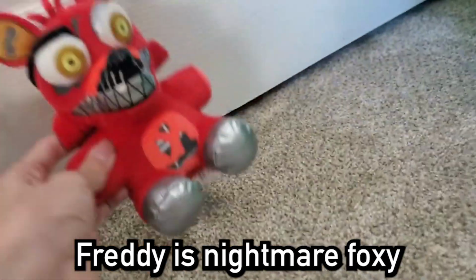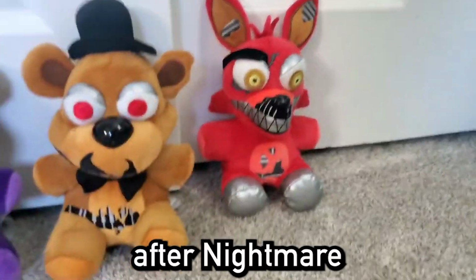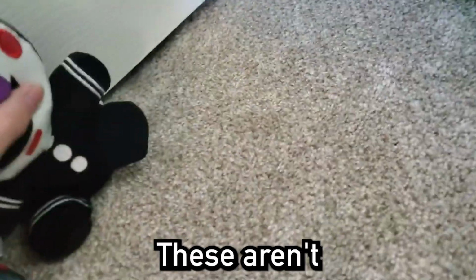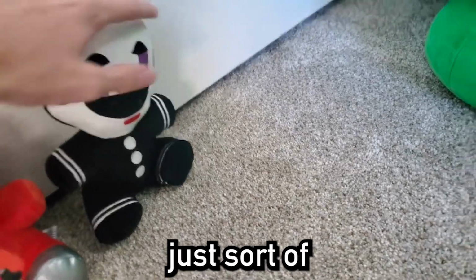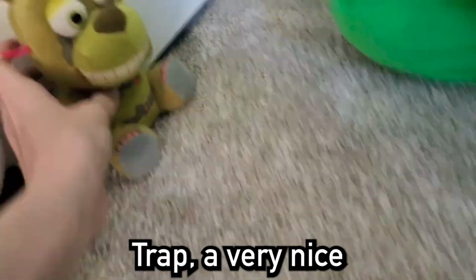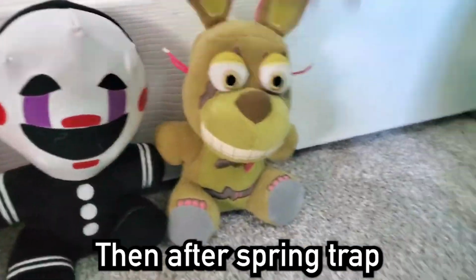After Nightmare Freddy is Nightmare Foxy. After Nightmare Foxy is Puppet. Again, these aren't really going in any specific order, just sort of whatever order I grab them in, I guess. So after him, we have Springtrap, a very nice looking boy. Then after Springtrap, we have